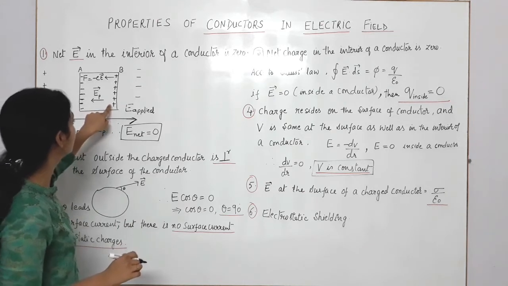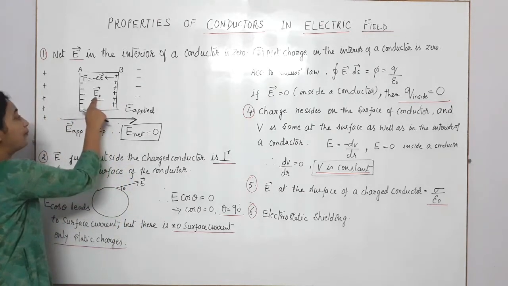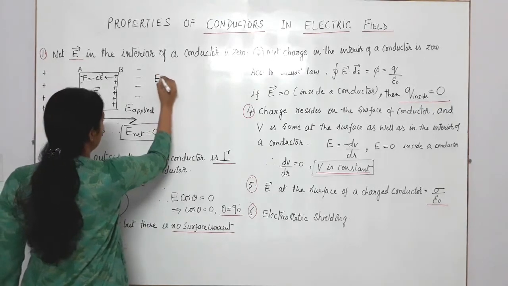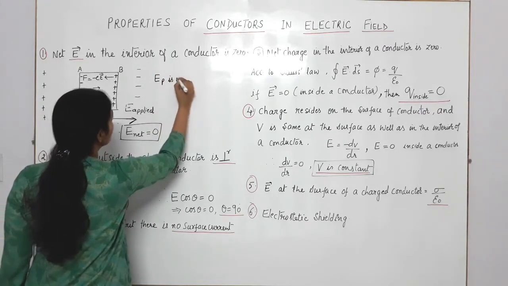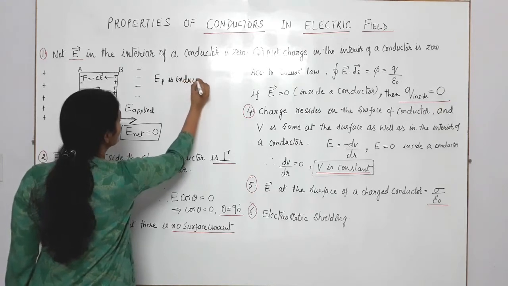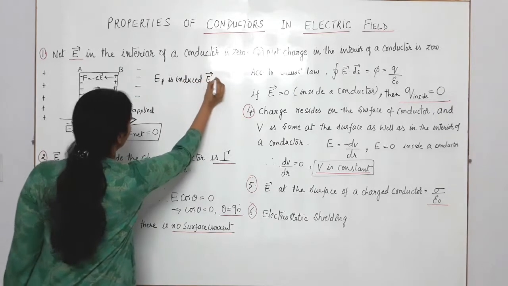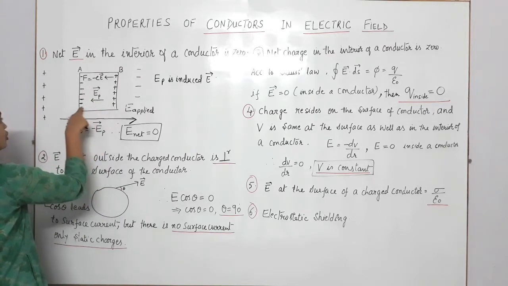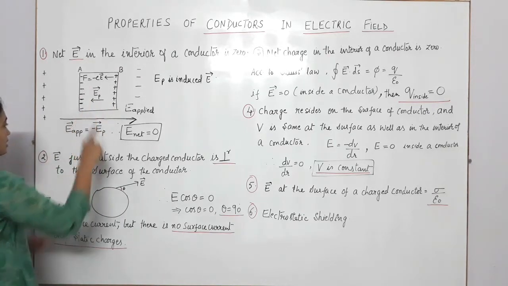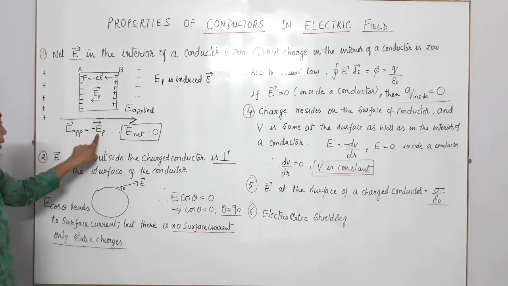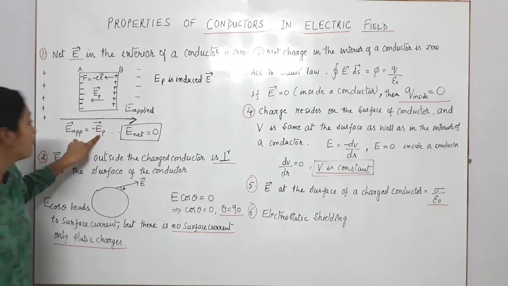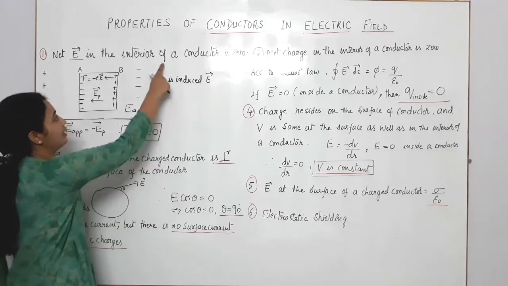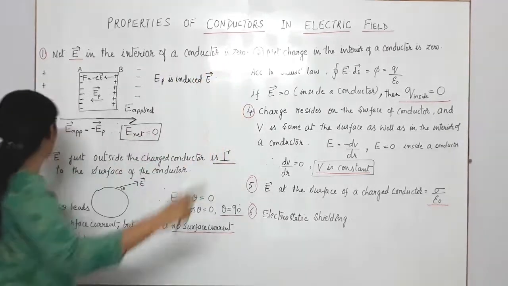This gives rise to an internal electric field. Inside the conductor there is now an electric field. We call it E_p. Also it is known as induced electric field. E_p is the induced electric field, which is induced due to the external field. But the direction is opposite. From plus to minus, the direction of E_p is this. Hence, E applied and E_p are equal in magnitude, but their directions being opposite, the net electric field inside the conductor is zero. An important point.